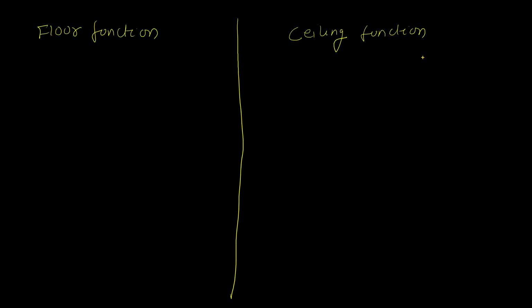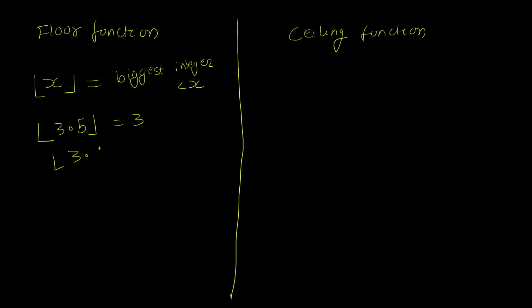So what do I mean by that? The floor function of any number x is denoted by putting a floor below it, like so. And it is defined as the biggest integer that is less than x. So it just pushes the number back to the floor, whatever the floor integer is. For example, 3.5, when we take a floor of this value, we get a 3. And for 3 point anything that is 0 or more and less than 1, the floor is going to be